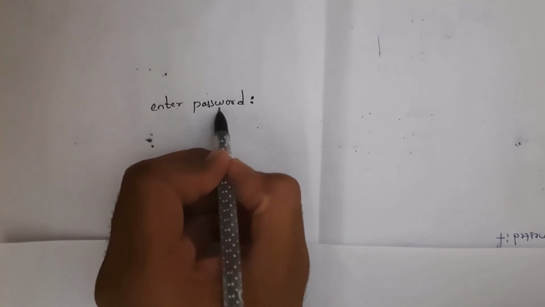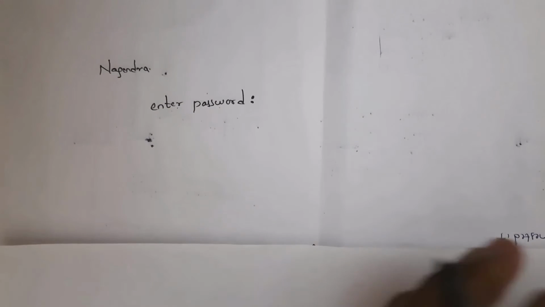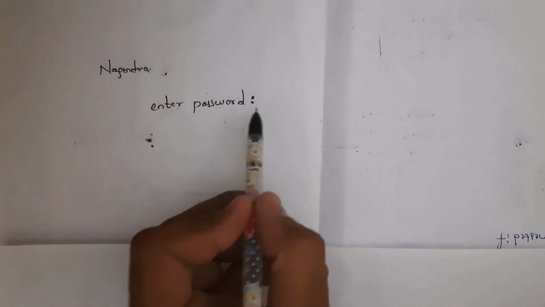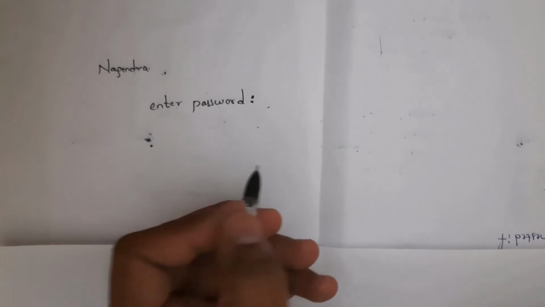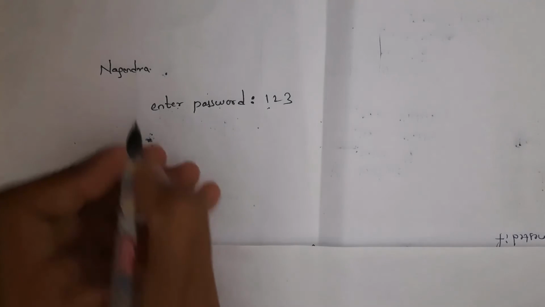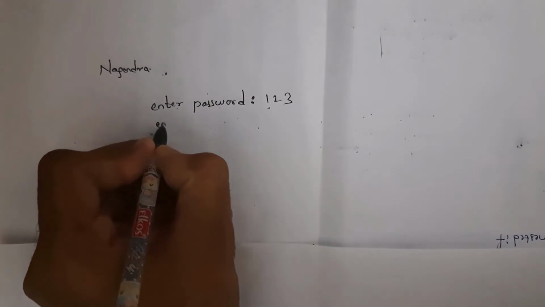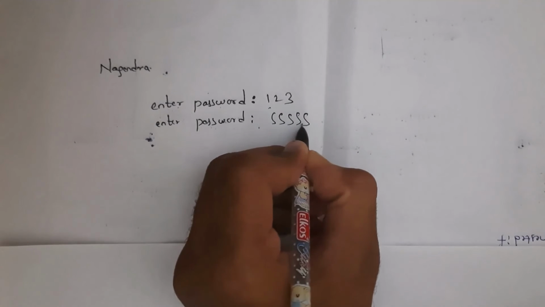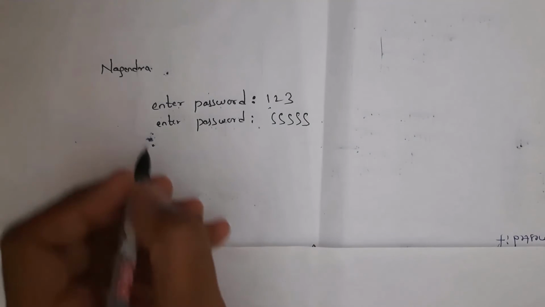For example, I should get output like this. Enter password. For example, I given password, that is Nagendra. This is my password which I given, and here in output screen I should get enter password. And here if I enter wrong password, like for example I entered password, that is 123. If I enter wrong password, again I should get output, that is enter password. For example, again if I enter wrong password like SSSS something, then again I should get output, that is enter